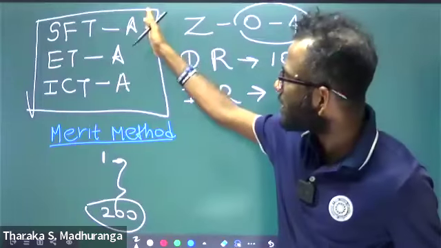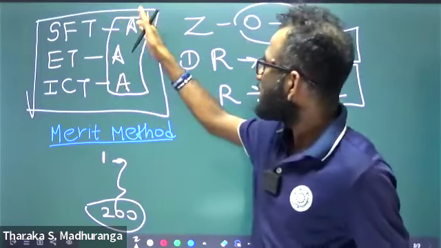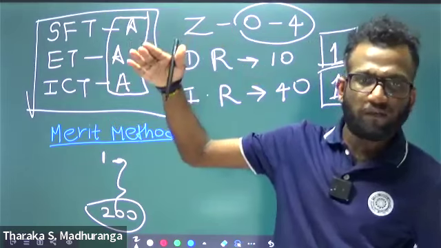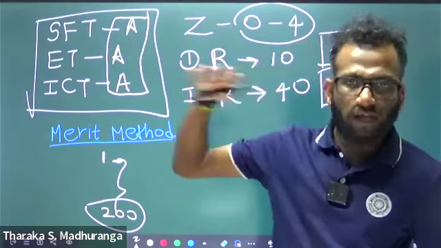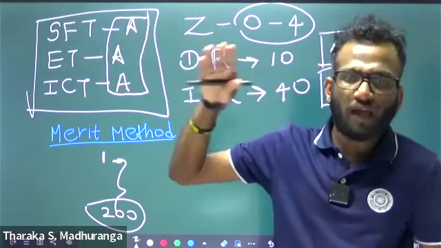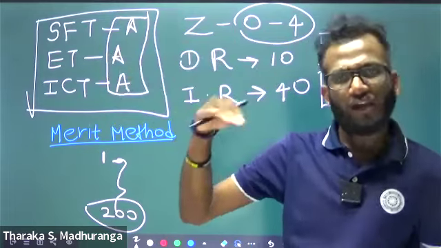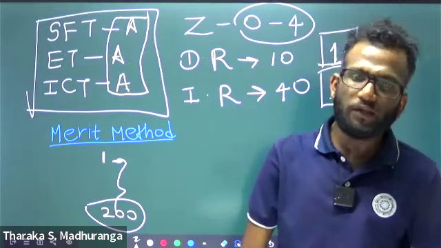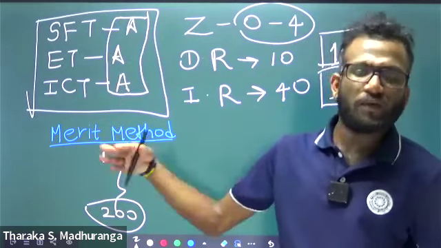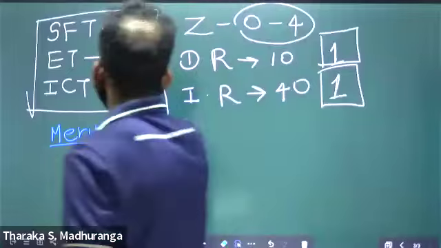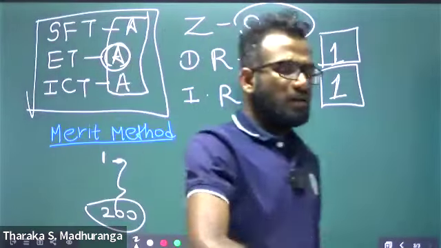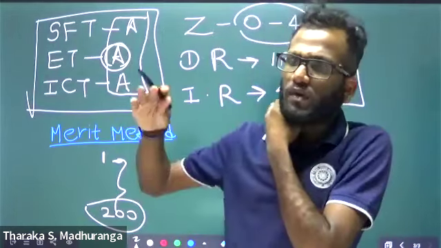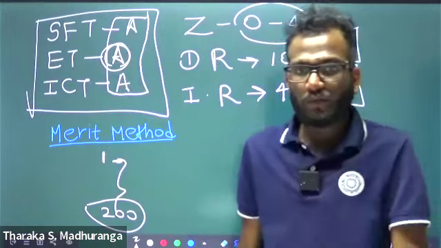If you can get this result, A with super scores, think for SFT, if you can go, you can get 95 marks. You can get 95 easily for SFT. ET 95 is a little difficult. ET you can get at least 90. ICT 95, okay. Only ET, due to the practical, it is a little difficult. Not too hard, but it is difficult to go for 95. But if you can try, you can do this.